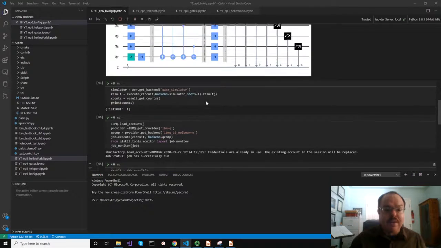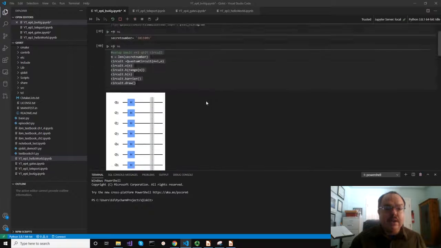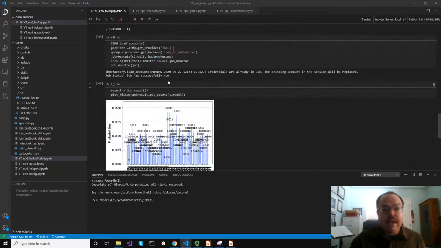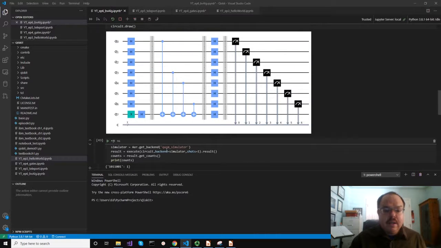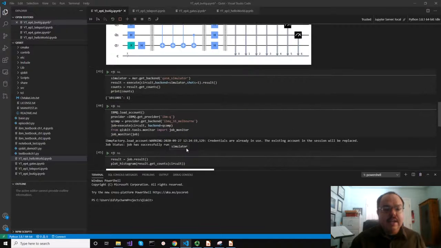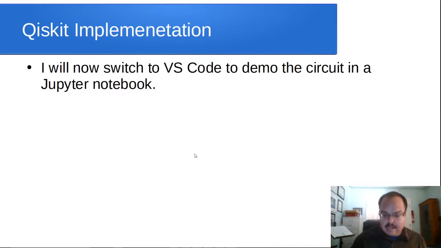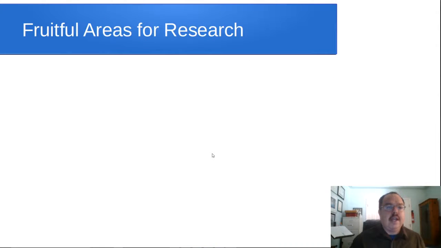But the cool part, or the takeaway I want, is that look how quickly you can go from having a circuit idea or an algorithm to actually running it on a real working quantum computer. Just remember that the software simulator gives you an idealized version of it. So we still have a lot of work to do so that our real computers can do what we need them to do. So I'm going to go back to my slide presentation,